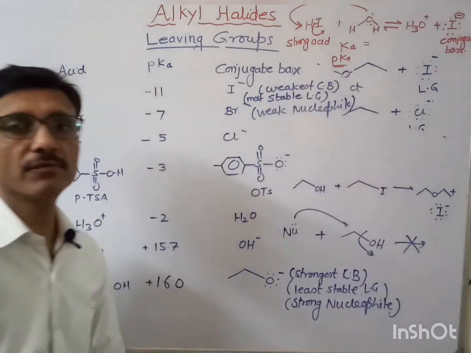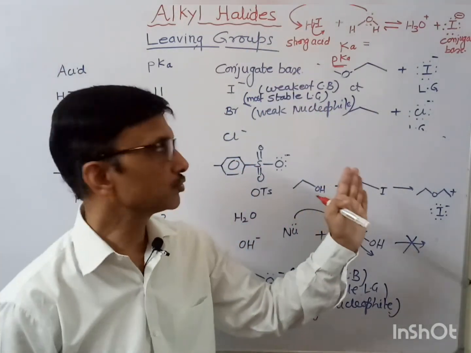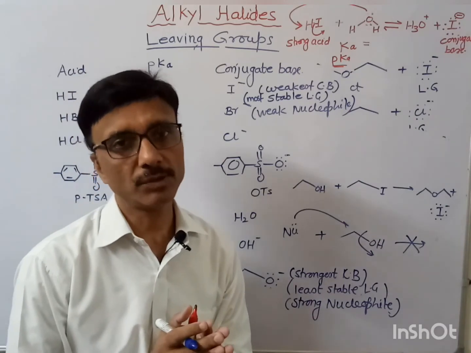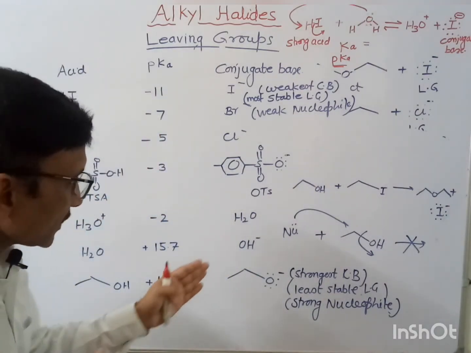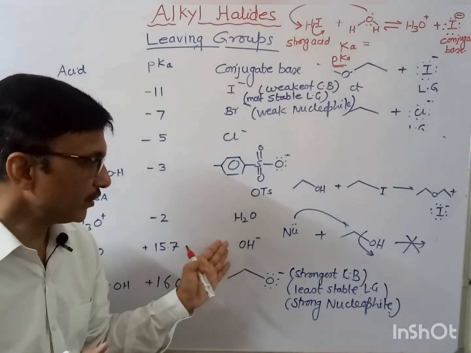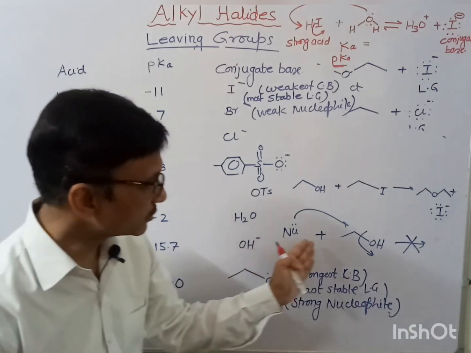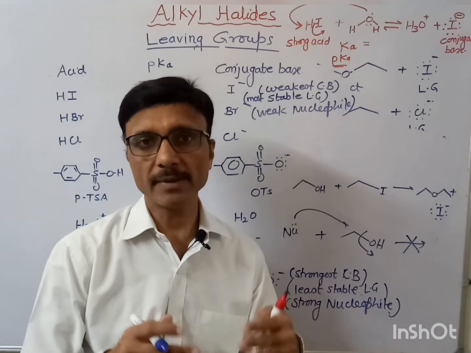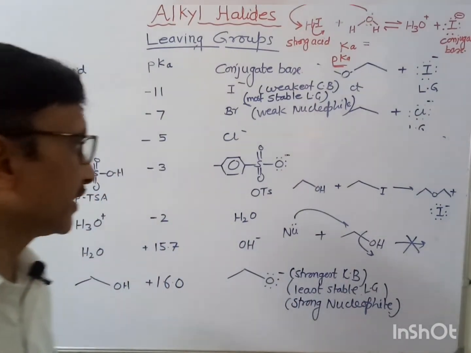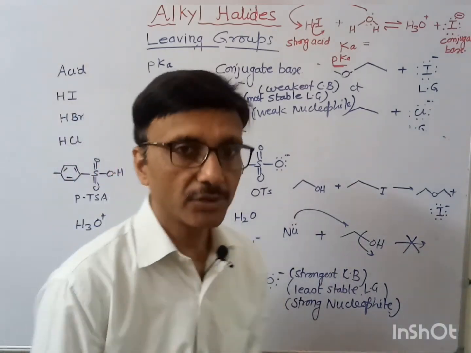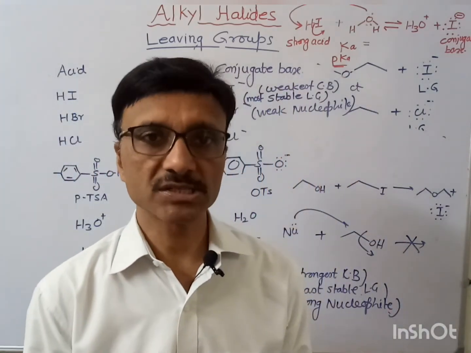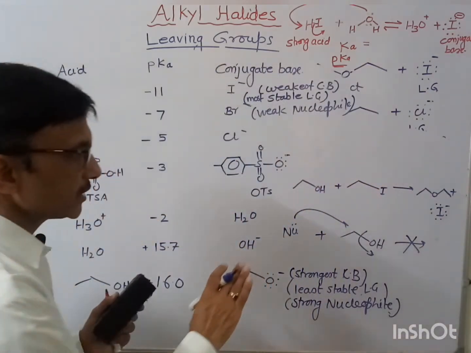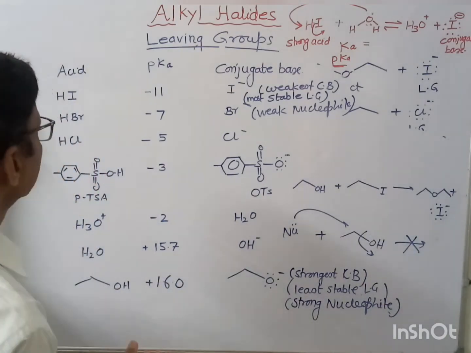Okay, so the stability of a leaving group can easily be understood by this pKa chart. What I told you, this hydroxide ion is a weak leaving group. That's why the nucleophilic substitution reaction is not possible. But it can occur in the presence of some acidic condition or some other reaction like the SNi reaction. In the SNi reaction, nucleophilic substitution in alcohols is possible in the presence of thionyl chloride, or otherwise in the presence of some catalyst. Suppose I write here